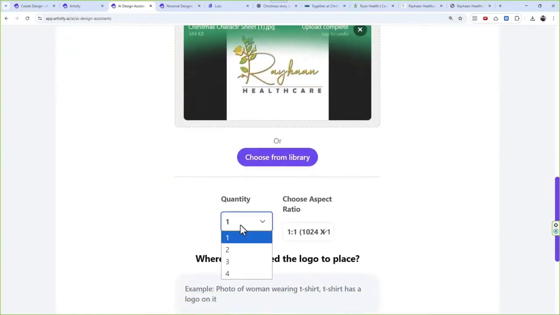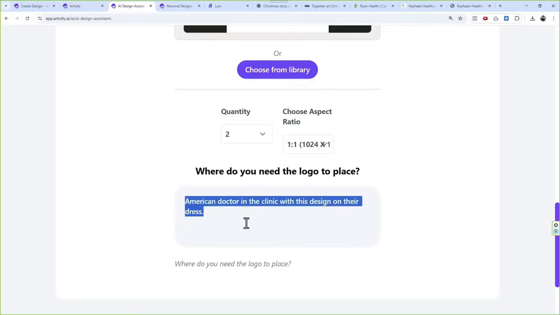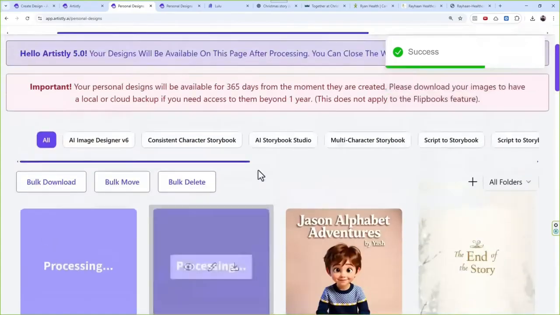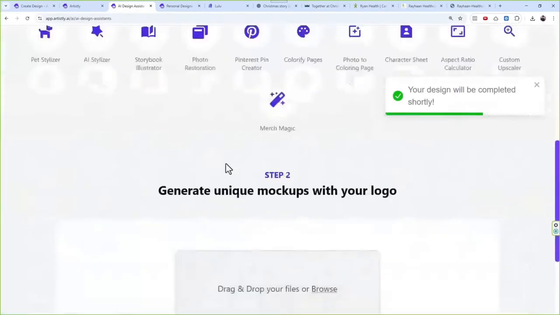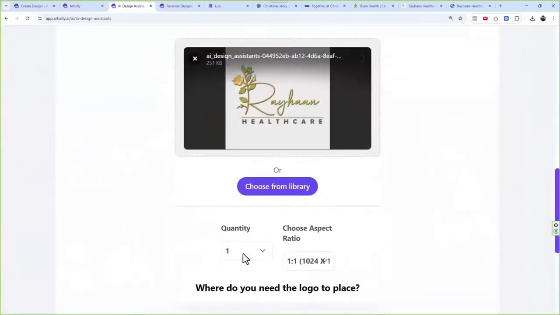Alright, now let's say I do 2 and I can say American doctor in the clinic wearing this design on their dress, right? And then you can play with it. I will show you how you can play with prompts and you can get crazy results, right? Again, go to mockup creator, choose from library, uploaded ones, and let's say